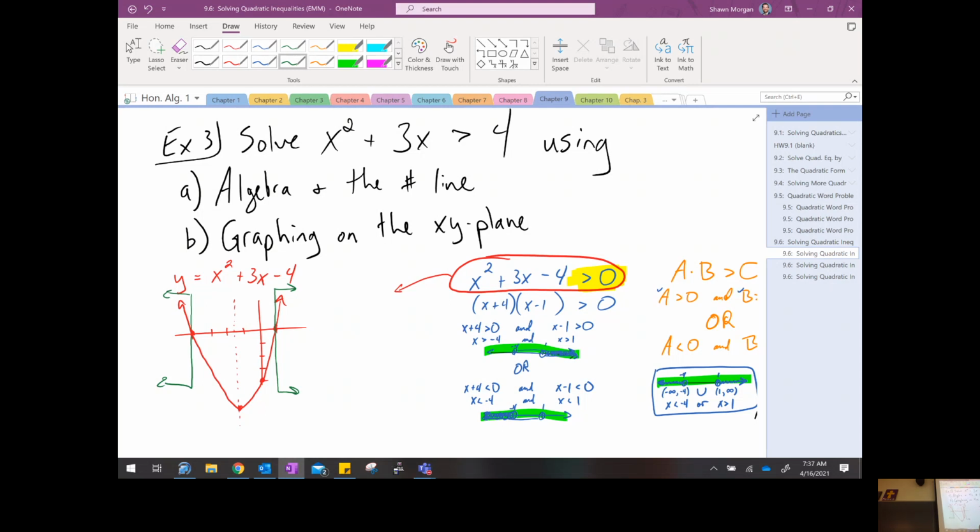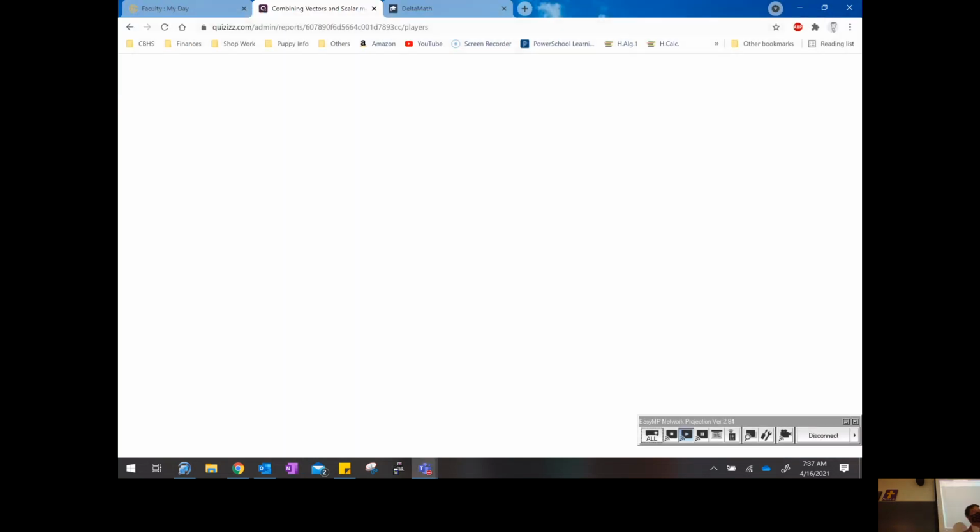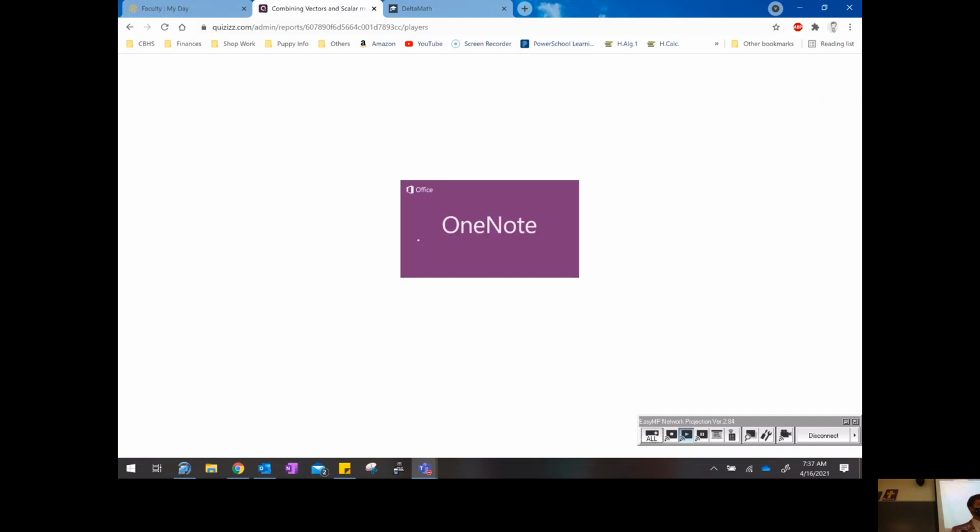We already knew the answer to this problem. Now that answer starts to make more sense graphically speaking with regards to the parabola. In other words, if I can see where the parabola, in this particular example it happened to be greater than 0, if I can see where this parabola is above the x-axis, then I can,